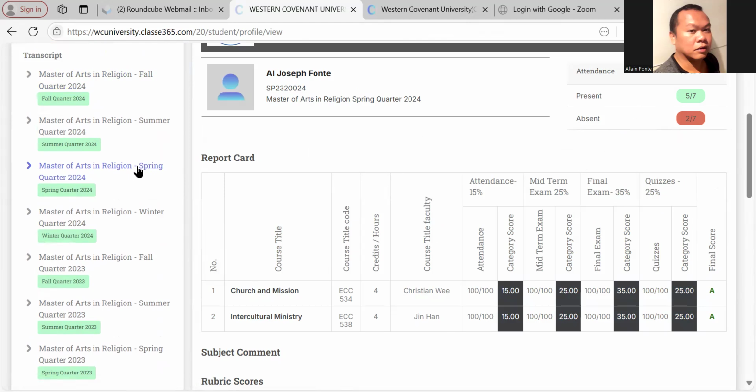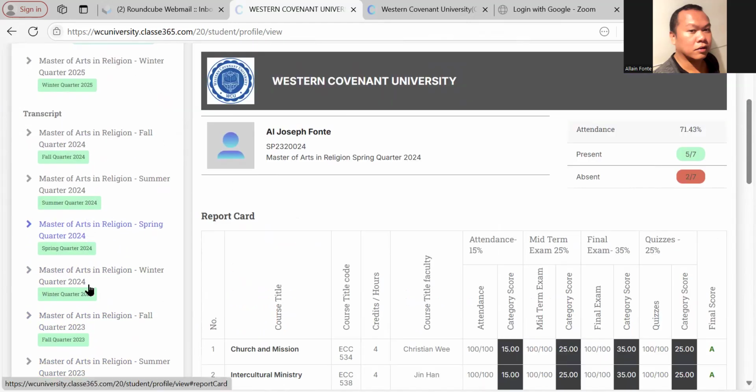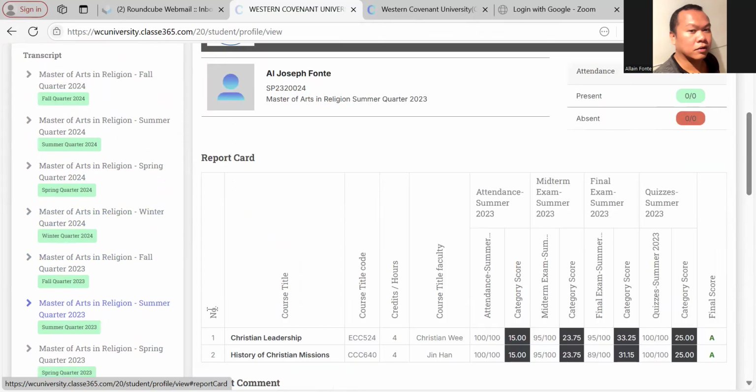For example, in spring quarter, this student has not achieved the 80% requirement, which is questionable because F1 students are required to maintain an attendance of 80% or more. Attendance records that show below 80% are subject to questioning and consultation. You might be requested to sit in for a counseling with a university student counselor. Remember, it's under transcript, and all these quarters will show you a grade report of the courses that you attended